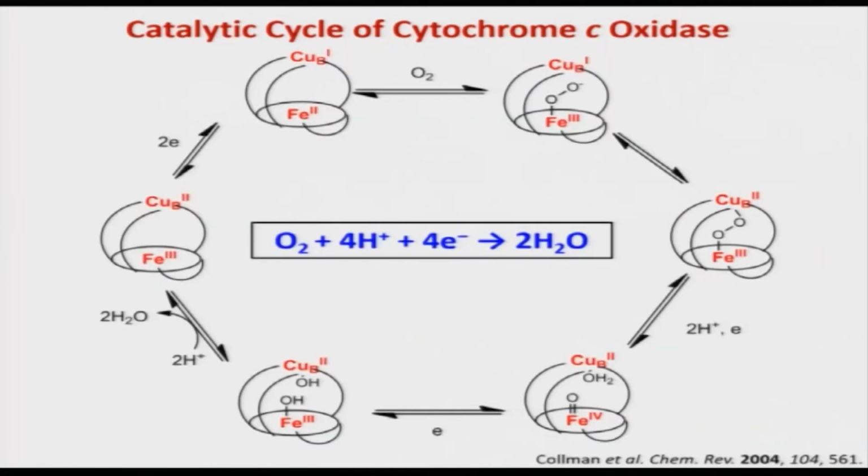We will see the mechanism right now. The overall chemical reaction is O2 plus 4 H plus 4 electron gives rise to 2 H2O. Now, this is the iron copper unit in the resting state, where it is iron 2 and copper 1, and dioxygen probably will bind to the iron center, as I have said in the previous slide that it also can bind